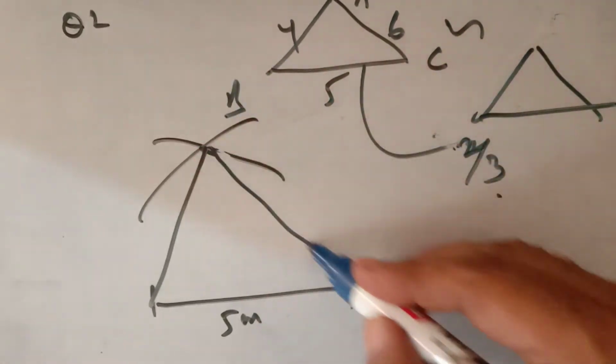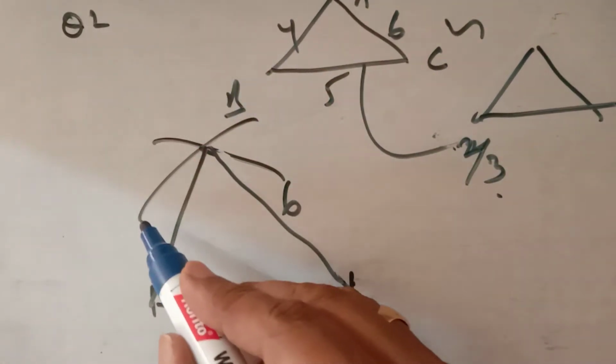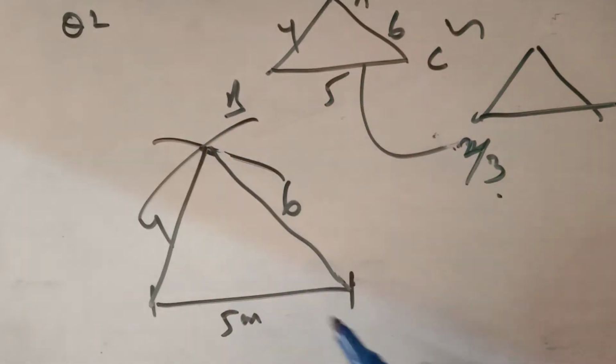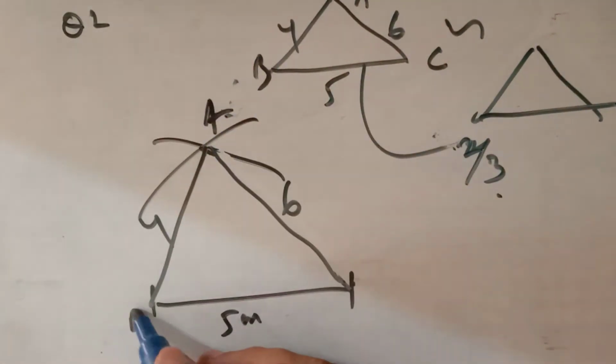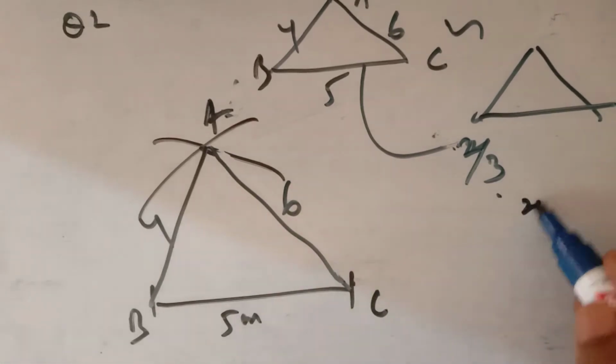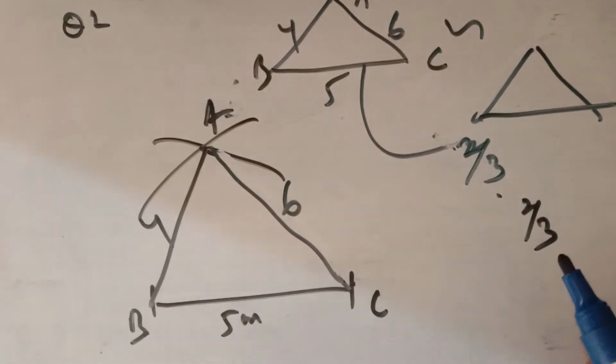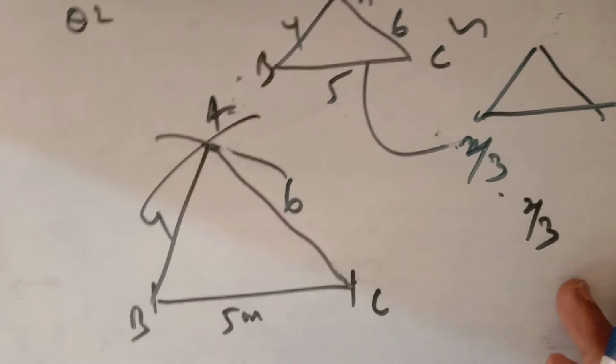Let us call it PQR. This is 6 and this is 4. This is 5 centimeter triangle. This is ABC. Now when you have to construct a triangle similar to a given triangle in which the required triangle is smaller than the given triangle,